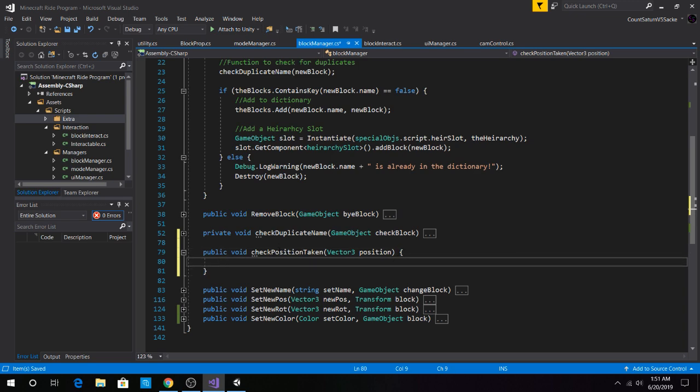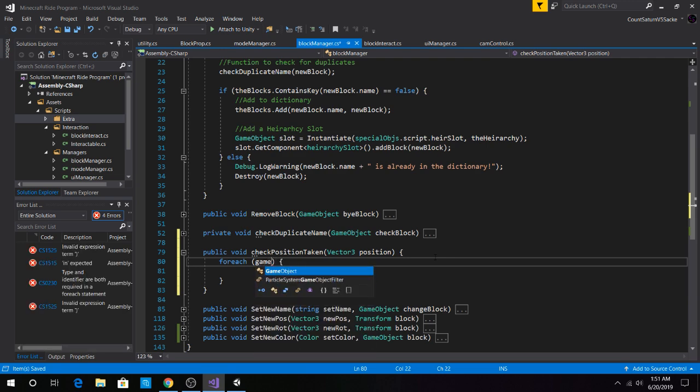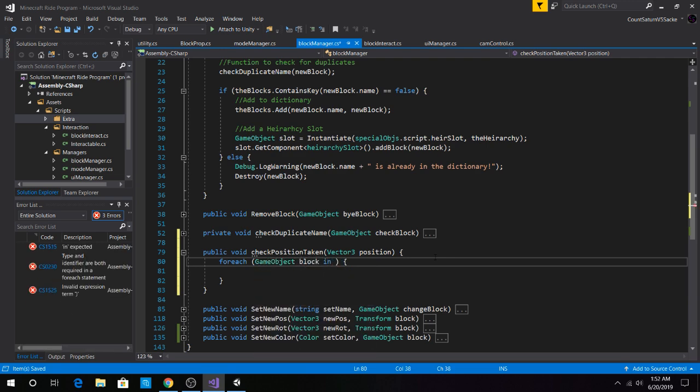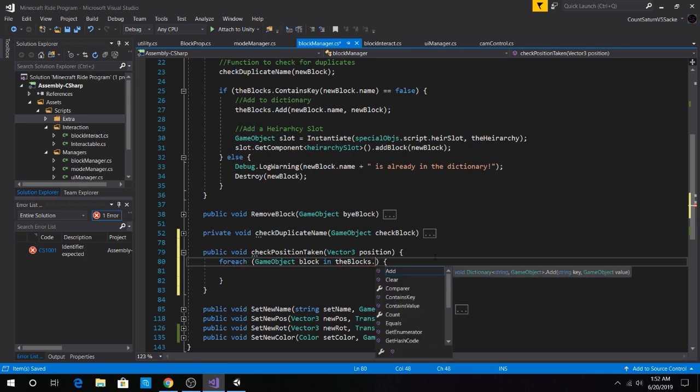I only want to do this for the placing of the blocks, because I will allow the blocks to be placed in whatever fashion. However, once again, that can only be done in edit mode. I won't allow it to be done in build mode. So check position taken takes a position, and then for each game object called block in the blocks dot values,